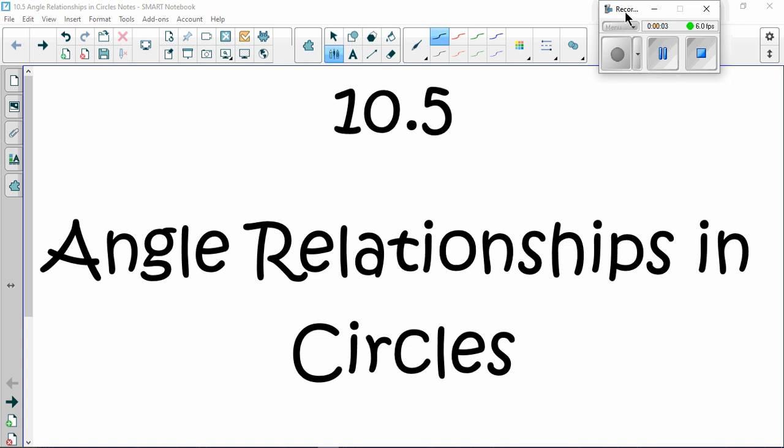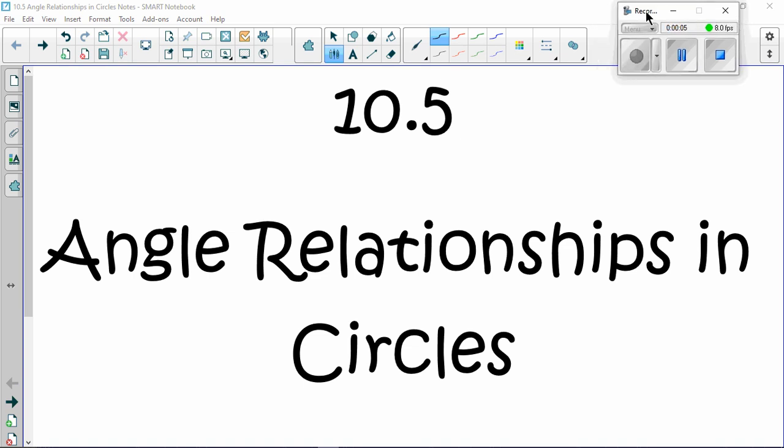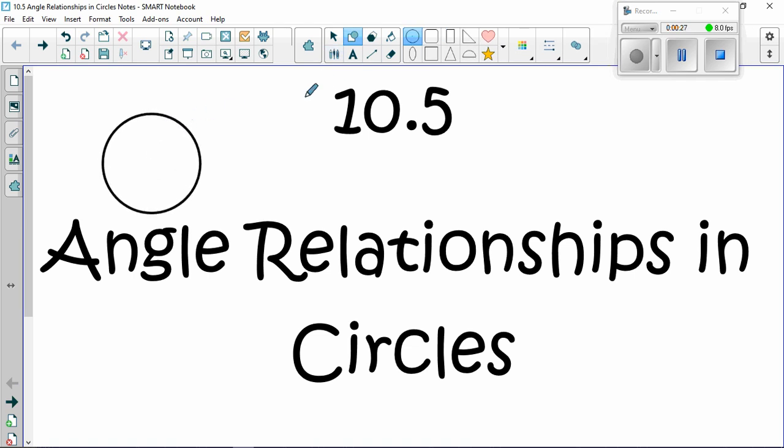All right, so now we're looking at Chapter 10, Section 5, which is angle relationships in circles. So we know two relationships already. We know central angles are equal to their arcs, and we know inscribed angles are equal to half. So if we look at two scenarios we already know,